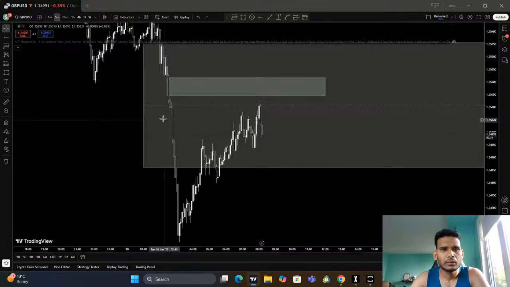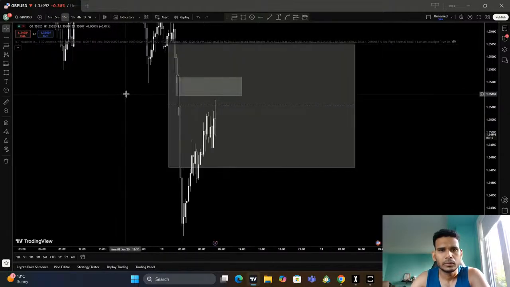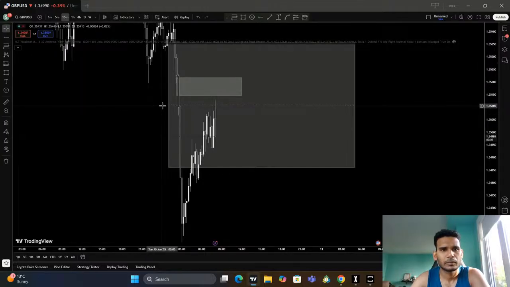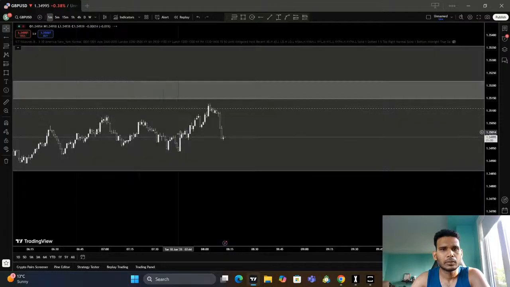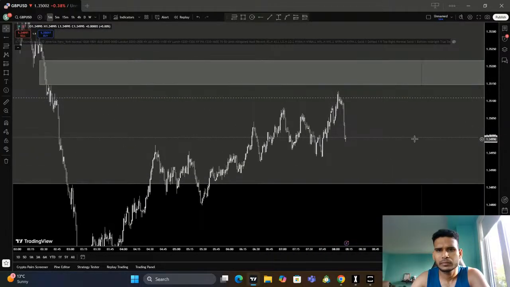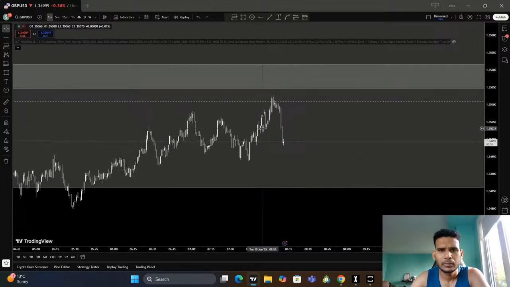So in 5 minutes, I do have this value gap and I do have this value gap in 15 minutes. So it tapped the 15 minute value gap, bro. It tapped this 15 minute value gap and started to sell off to the downside. Not filled, just tapped. In 1 minute, yes, I get the structure shift. Once I tap this guy, I get the structure shift. Okay, bro, let's start to make some sense here.